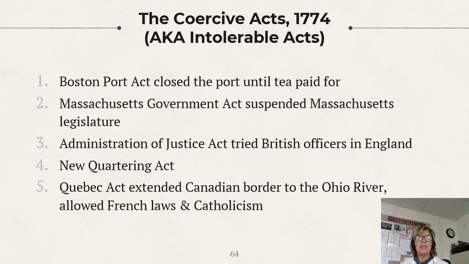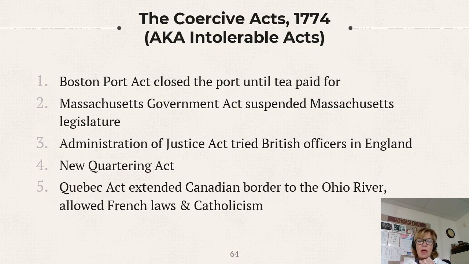So what the English did is they passed these laws, which the colonists call the Intolerable Acts, but the British call the Coercive Acts. Coercive means coerce. We're going to force you to do something. So Boston, a major shipping town, had their port closed by the British until all the tea was paid for, which would have been very, very difficult to do. And then there was the Massachusetts Government Act, which suspended the Massachusetts legislature. So they can't make any money and no more self government, right?